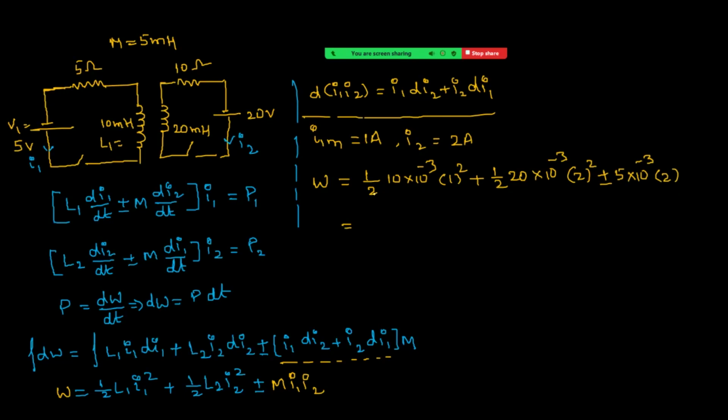Let's see calculations. 2 here, 5 times, so 5 10 power minus 3. Here 10 times, this is 10 into 4, 40. 40 plus or minus,